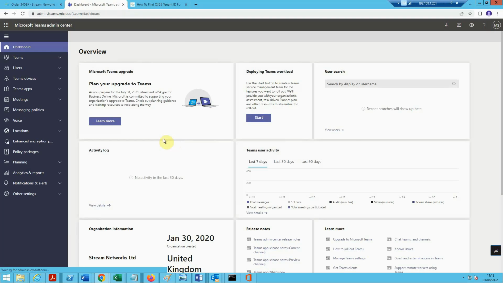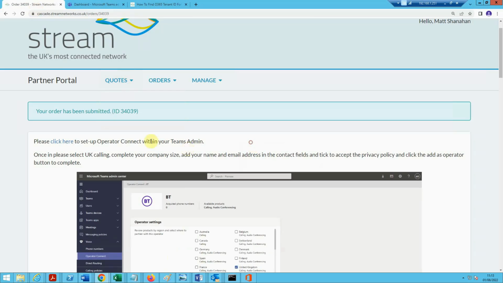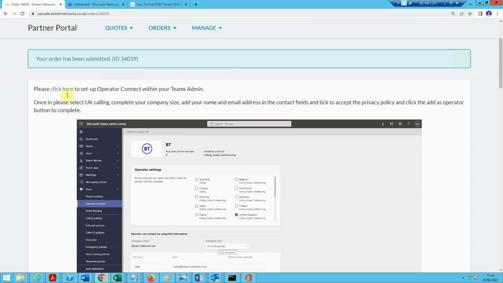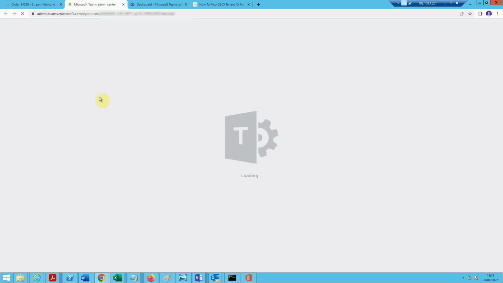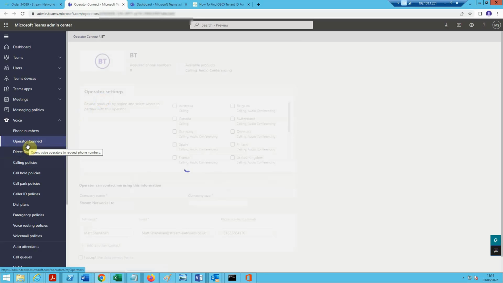So it just won't load up. Because I've logged in again, if I just click back on here again, click on here, it should bring up what we want. Okay, so it takes me to Operator Connect now,